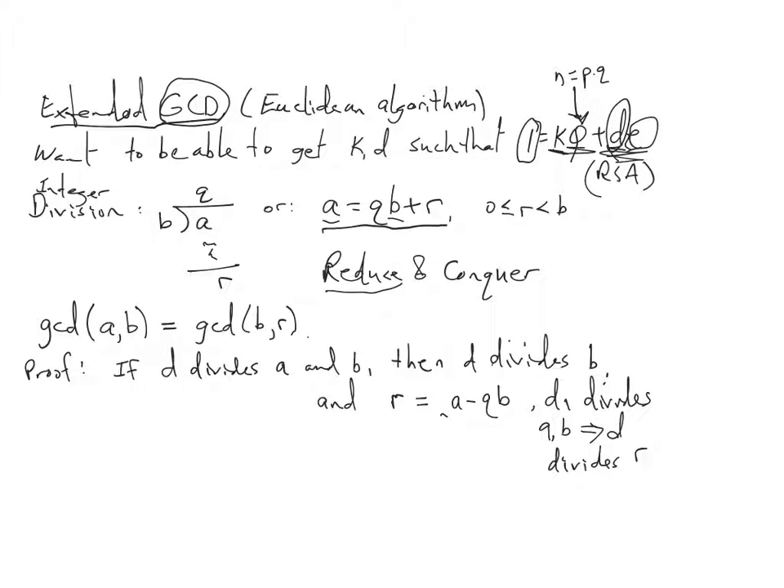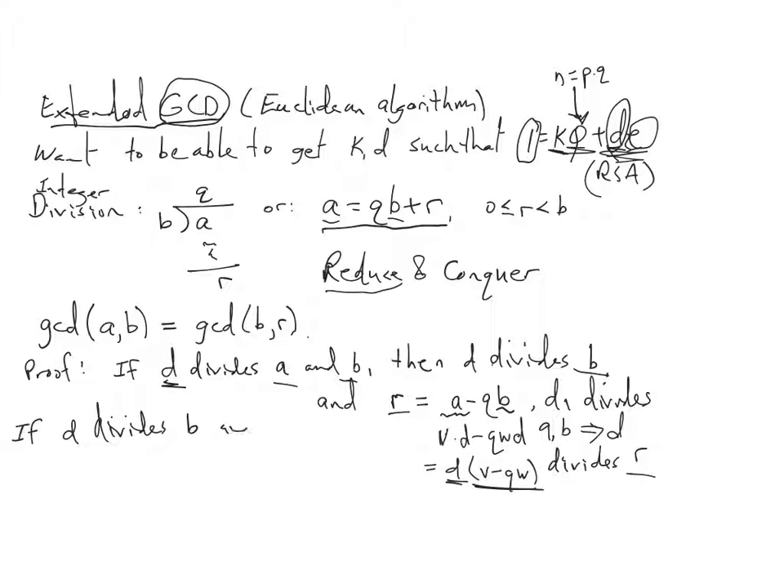If D divides A, that means that D is a factor of A, and it's also a factor of B. Then we can just factor D out of each of these. More specifically, that means that A is equal to some V times D, and B is equal to some W times D. So we can pull out the D, and R is equal to D times something, some integer. Okay, so that shows that any number that divides A and B also divides B and R. And if D divides